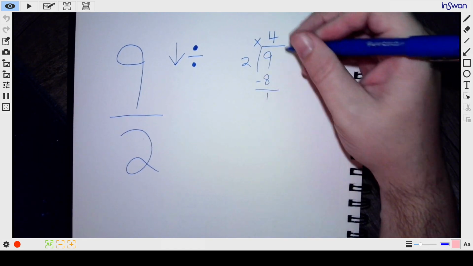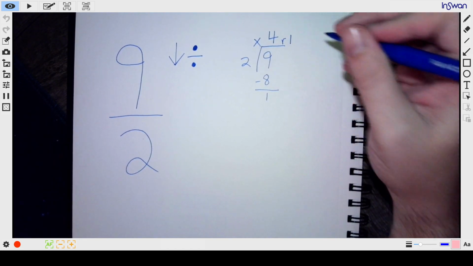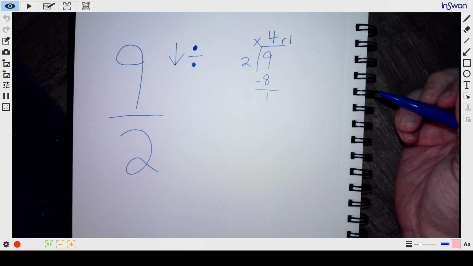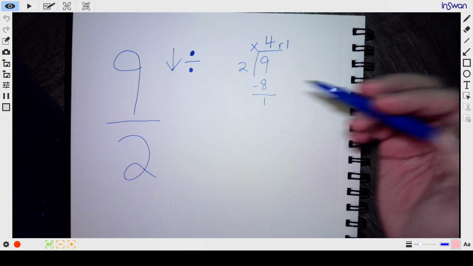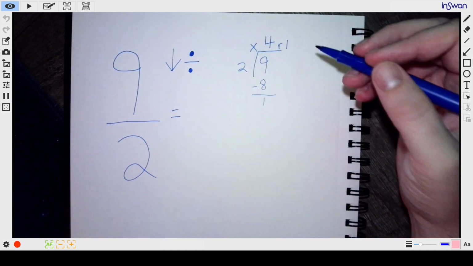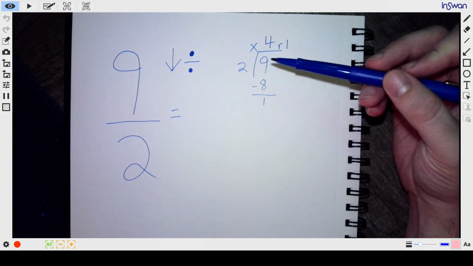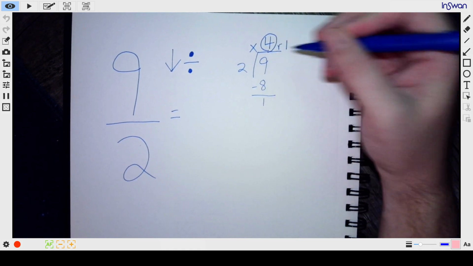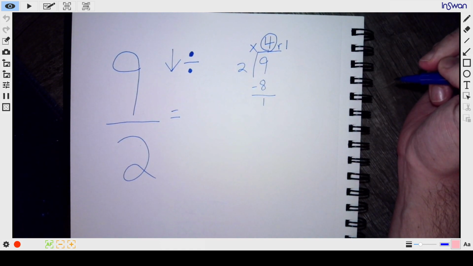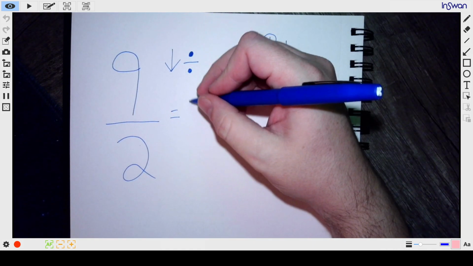And we would have a remainder of 1. So you might be asking, how do we turn this into a mixed number? Well, 2 went into 9 4 whole times. 4 whole groups of 2 went into 9. So your whole number